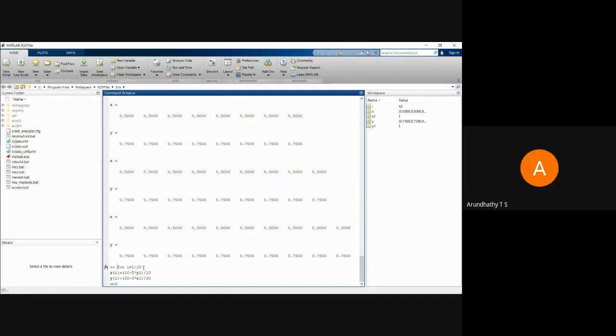Yeah, how? The thing is it's just an error screen. Just a moment. I think that's where I made a mistake. I don't know. Y of I. So the thing is we have to use the same equation like what I told, like x1 equal to 10 minus 5 by 5 of y1 by 10. Okay, x and y.